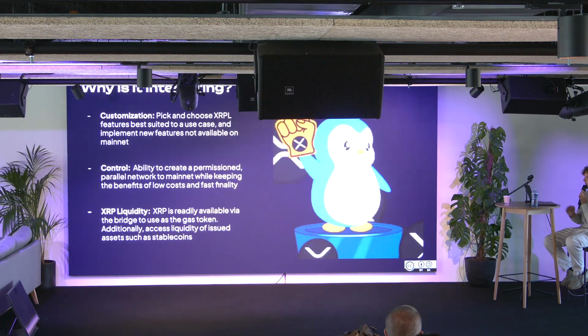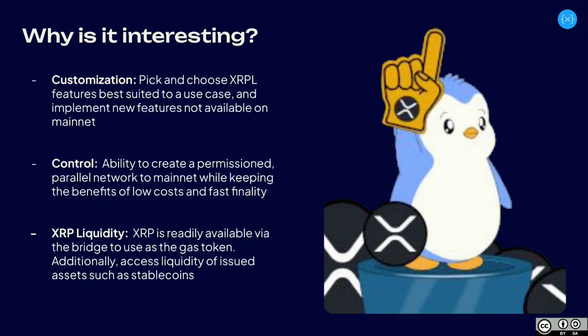and so you have support for that. So why is this interesting? It's interesting because you have customization through the EVM. You can pick and choose an XRPL feature. So if you want to do, I don't know, escrows, then you can use escrow on the XRPL mainnet and then add composability and programmability through the sidechain. Because it's programmable, it allows you to do control. As Luc said yesterday, there are a lot of institutions that can't be onboarded on chain because they don't want to trade with everybody. So having these Solidity layers also allows you to implement those control features and those permissioned parallel